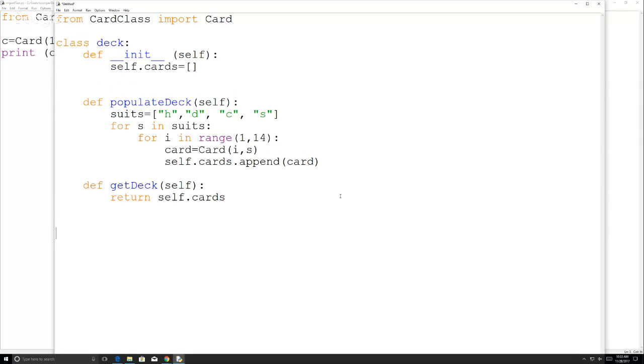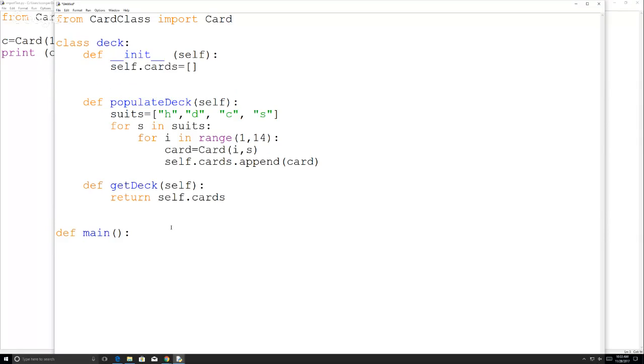So I'm going to def main. What I want to do is get the deck and then loop through it so we can see what we got. And then I'm going to,